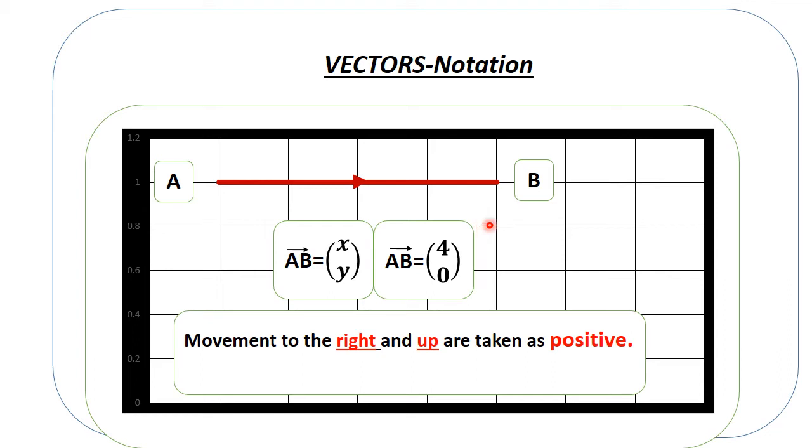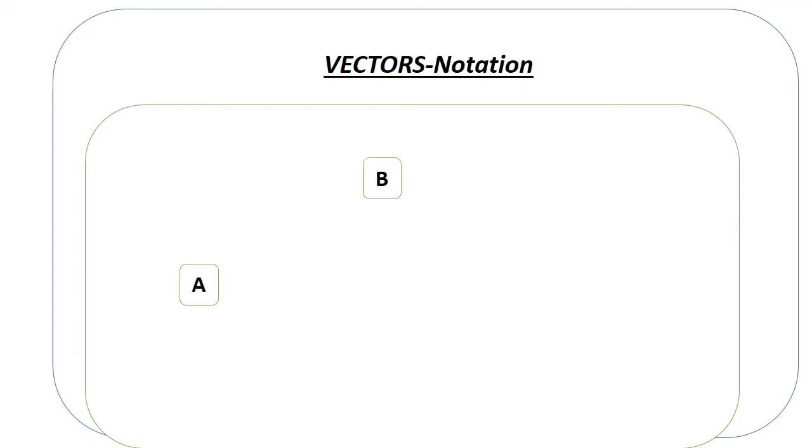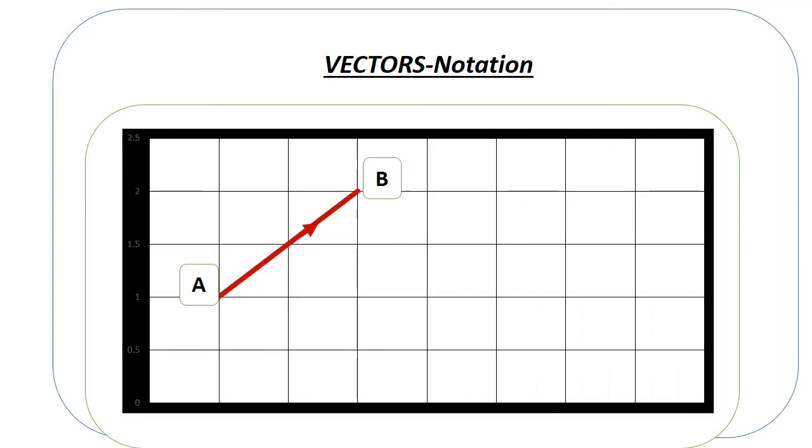Movement to the right and up are always positive, that's the agreed standard. Then movement down and to the left are negative. So let's say we have this vector here, AB. How do we write it? By the way, if you write vectors like this in columns, they are called column vectors. Of course, we're going to do something dedicated to column vectors, but these are called column vectors. So to write this as a column vector,